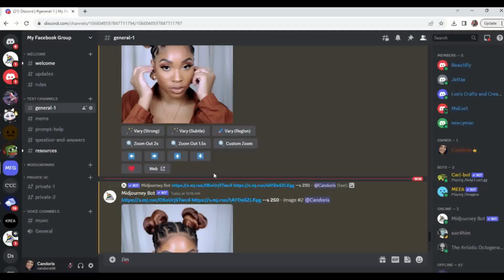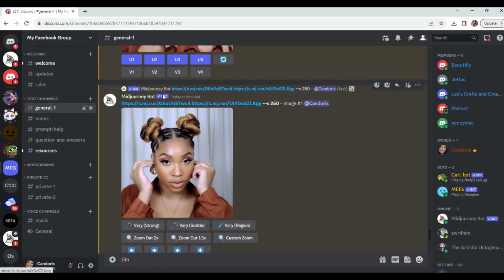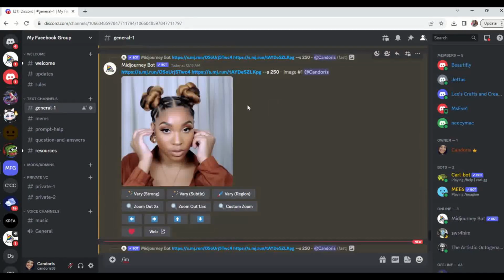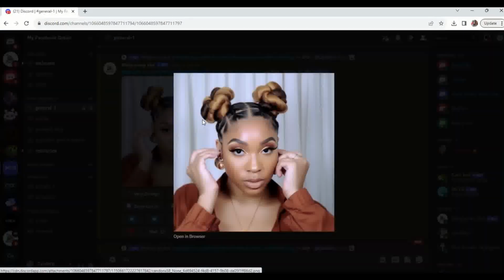All right, so to do that, and you can see here, these are the 2 images that we brought from the internet. So you're not going to have a text prompt that you entered in. Your prompt was actually that first image, second image, and then I automatically have my style set at 250. Okay. All right. So what I'm going to do now is I'm going to click on this image